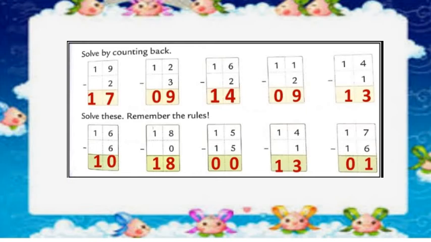Now start with the bigger number, meaning keep the bigger number in your mind. You can see that here 11 is the bigger number. You have to make backward counting. How many steps? 2 steps. 11, before it 10 and 9. We reach number 9, so it will be our answer. 11 minus 2, we get 9.